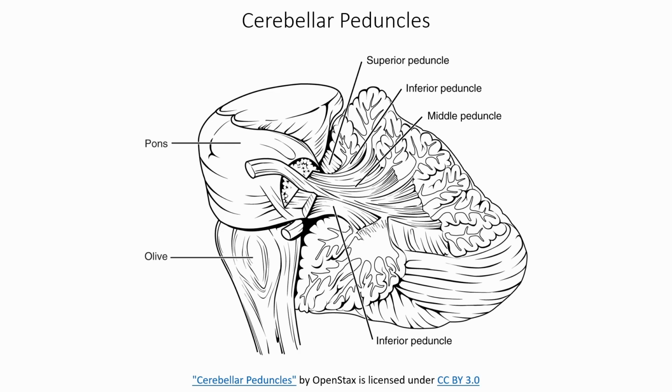And then when we look at the cerebellar peduncles, we're going to get a little bit closer. And so in this case, we see the midbrain's been cut away a bit. Here's our pons, and then down here we would get to our medulla oblongata. There's the little olive, aptly named for the shape. But we see the superior peduncle, again, that's going to connect our cerebellum to the midbrain. We have the middle peduncle, which is connecting to the pons, and then the inferior, which is coming down. It's going to connect us to that